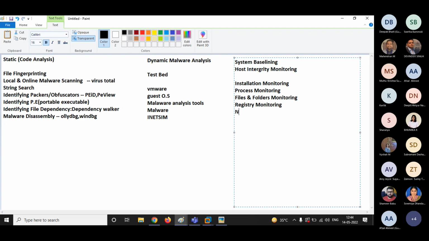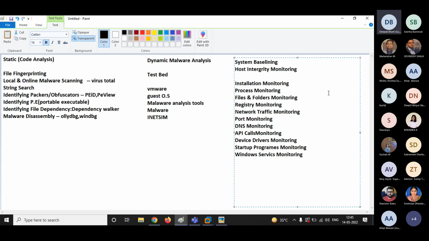Then we have network traffic monitoring, then port monitoring, then DNS monitoring, then API calls monitoring, then device drivers monitoring, then startup programs monitoring, and Windows services.